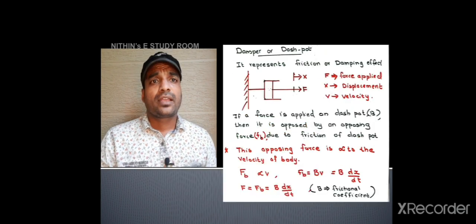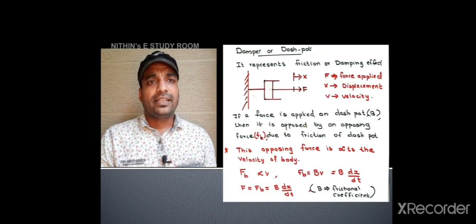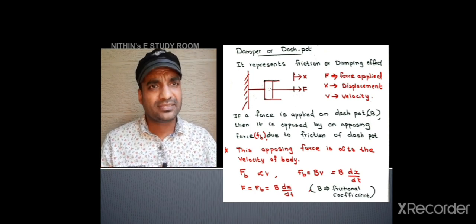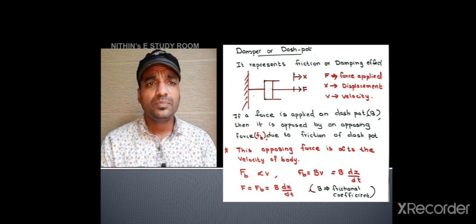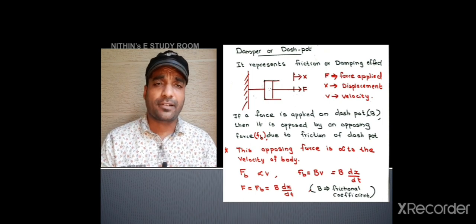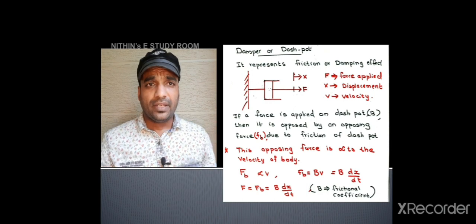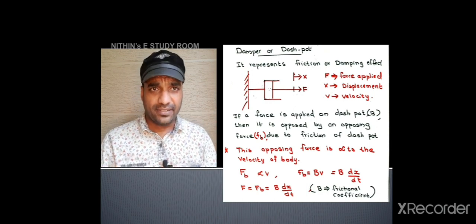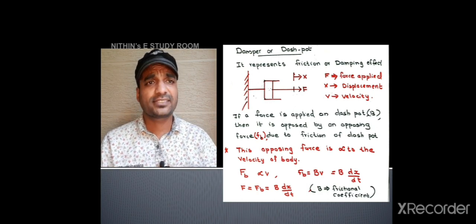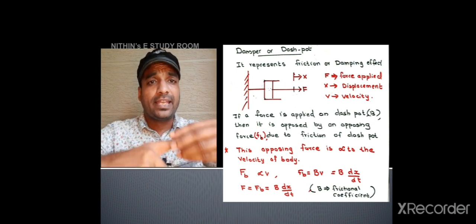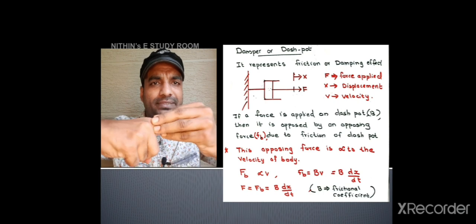Next slide. We are considering a damper or dashpot. The entire thing was covered in the last video; I am just refreshing it. So, the dashpot represents the friction as we are moving on a plane. That plane should have a friction. That friction is represented by a component known as a dashpot. And as we are applying a force F to move this object,